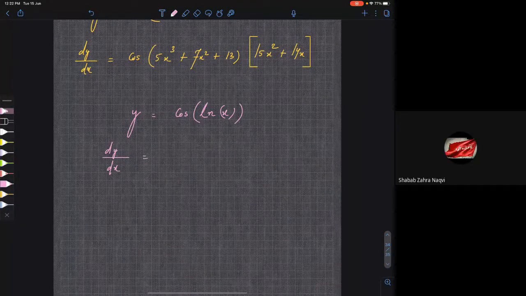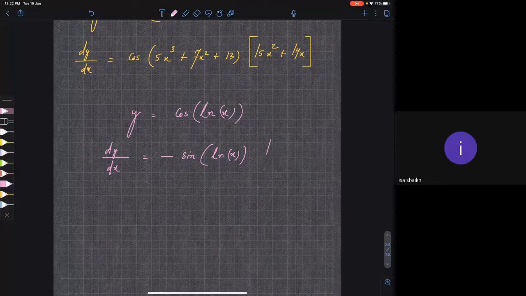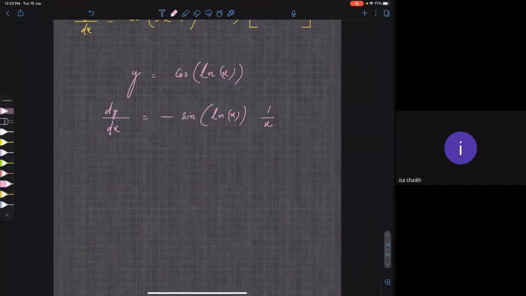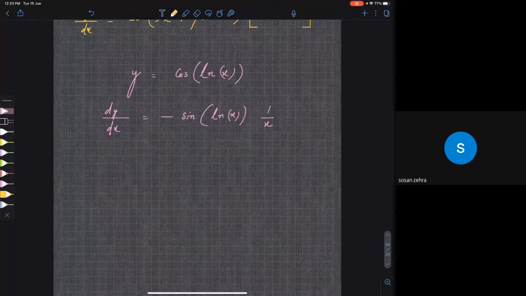Minus sine of 1 by log of x into 1 by x, 1 by x. Are you getting my point? Yes, sir. Now the thing is, you can keep on doing this as long as you have function